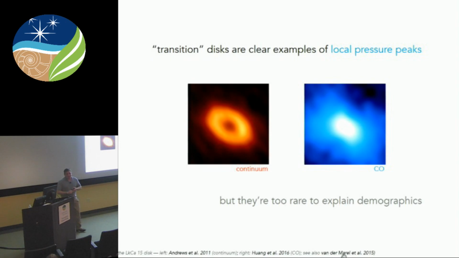So in my mind, the multi-wavelength constraints on transition disks are just the clearest signature that these structures actually perturb the migration of particles. So the big problem is transition disks are, by definition, not common. This is not a general solution to the migration problem. Not everything goes through this transition disk phase early enough, if they all go through it at all.